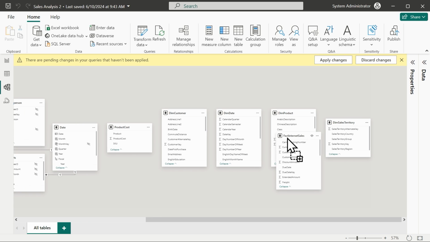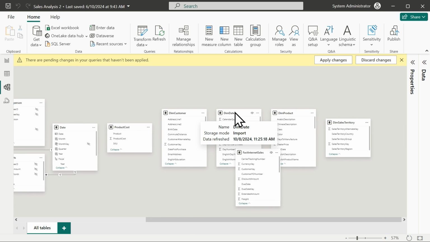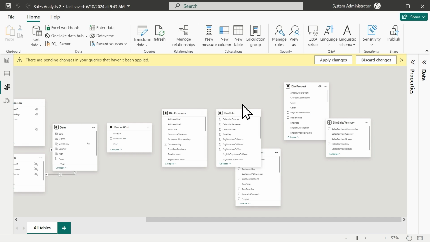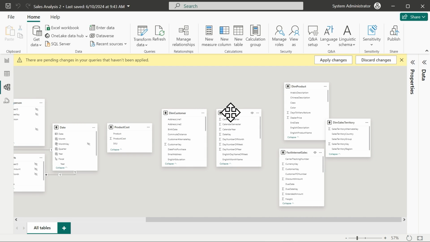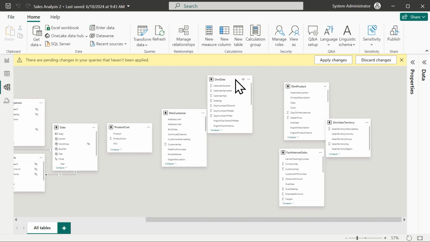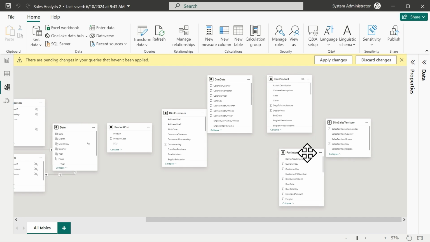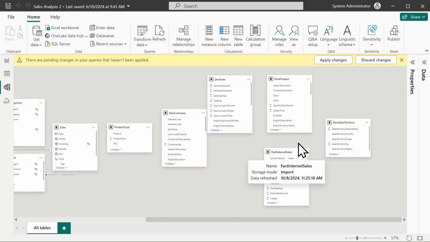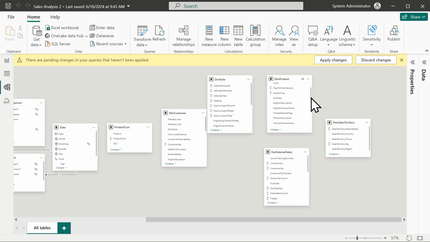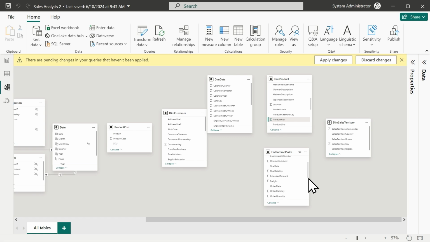So what I'm going to do is find that Fact Internet Sales table and move these tables around just a little bit, getting that double-headed arrow, if I can find it somewhere in here. And I'm going to set up a relationship with, let me just move this one over. The single arrow should work too, it looks like, so we could go that route. I'm just going to move a couple things around. But I'm going to set up a relationship with the DIM Product table. The DIM Product table has a primary key in here called Product Key. And I'm going to match that with our Fact Internet Sales table, looking for its Product Key somewhere in here. And they're alphabetized, so I can kind of find those.